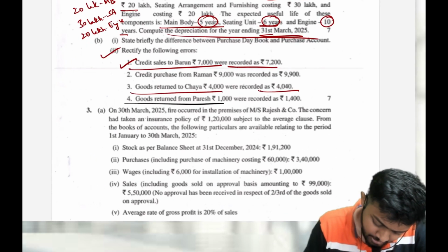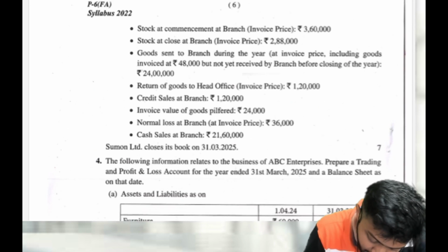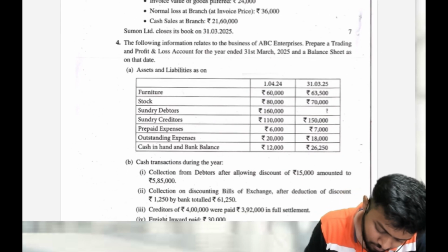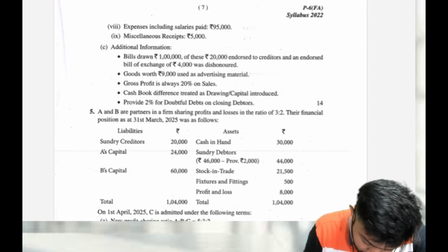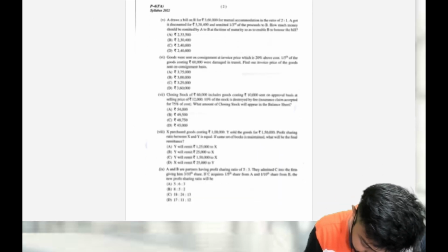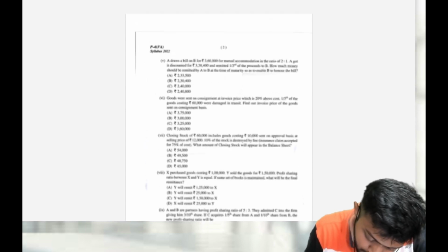Next. Then this is the question from insurance. Then we have branch only. I think that's all from here. Next is all partnership and other stuff. Done. So let's go to the December 2025 paper. Do we have any peculiar question here? No, it's all to be discussed later.